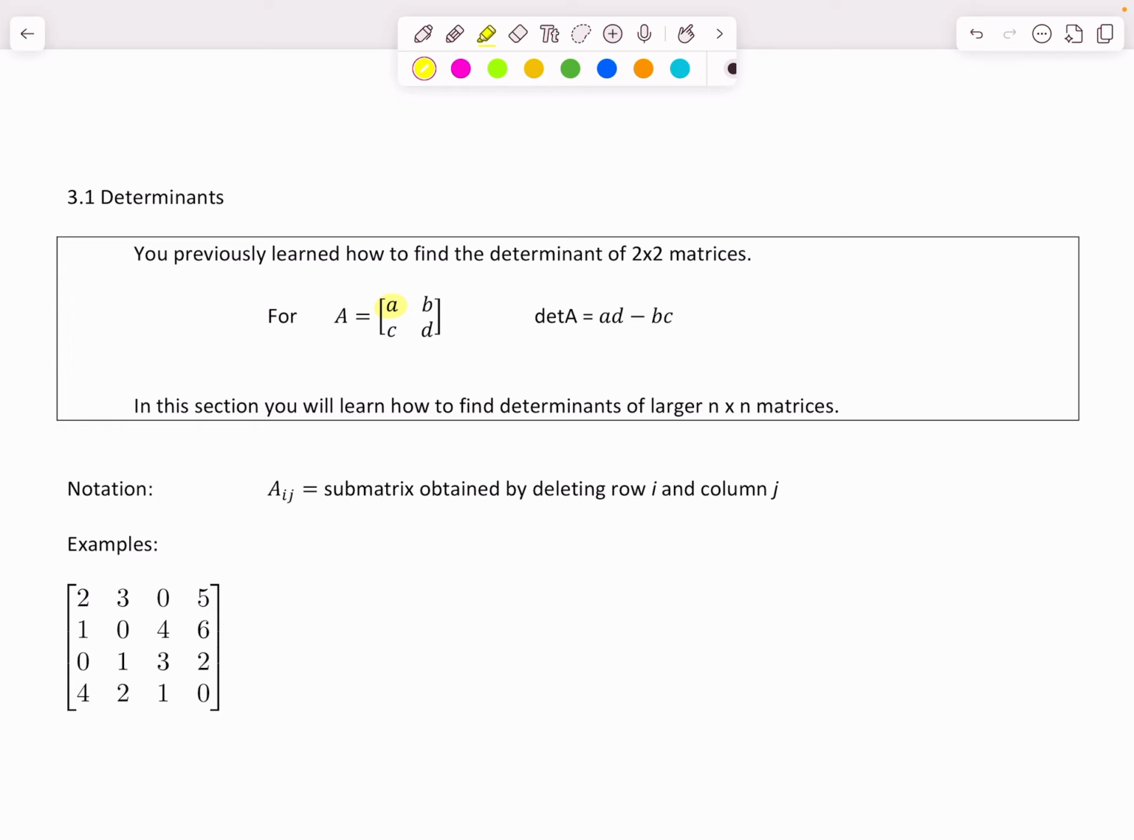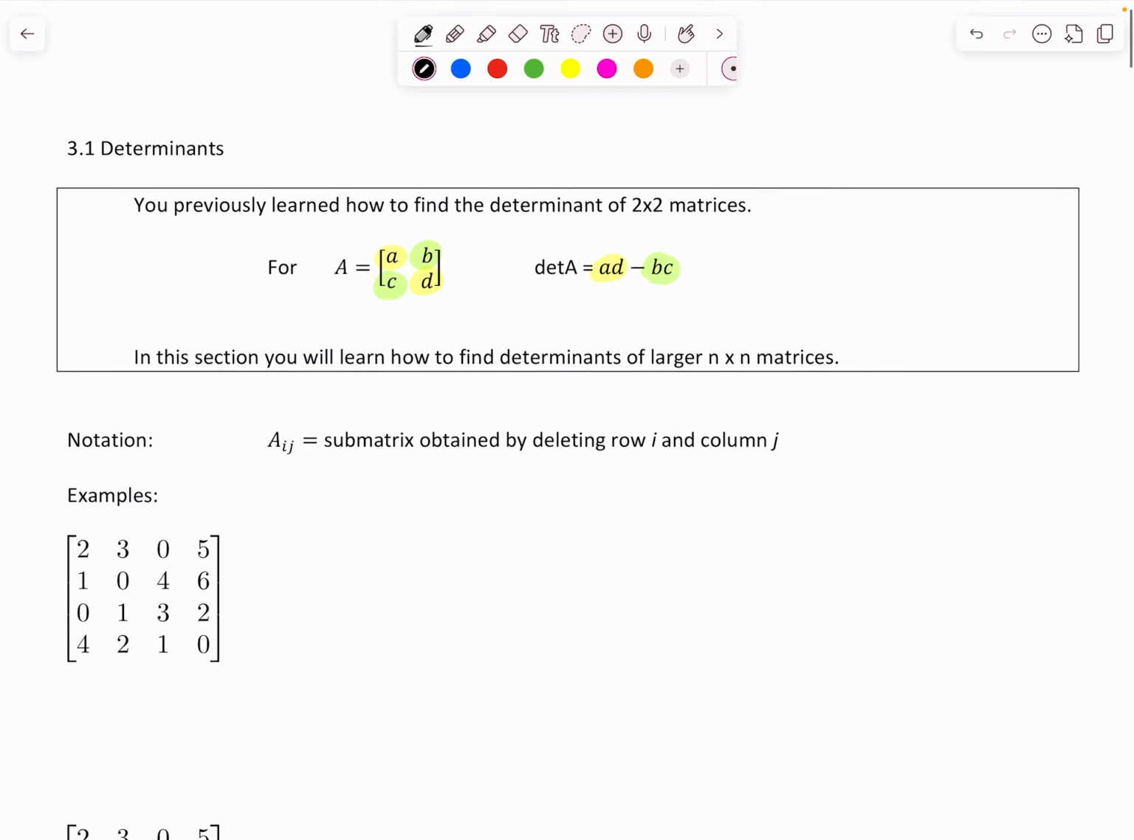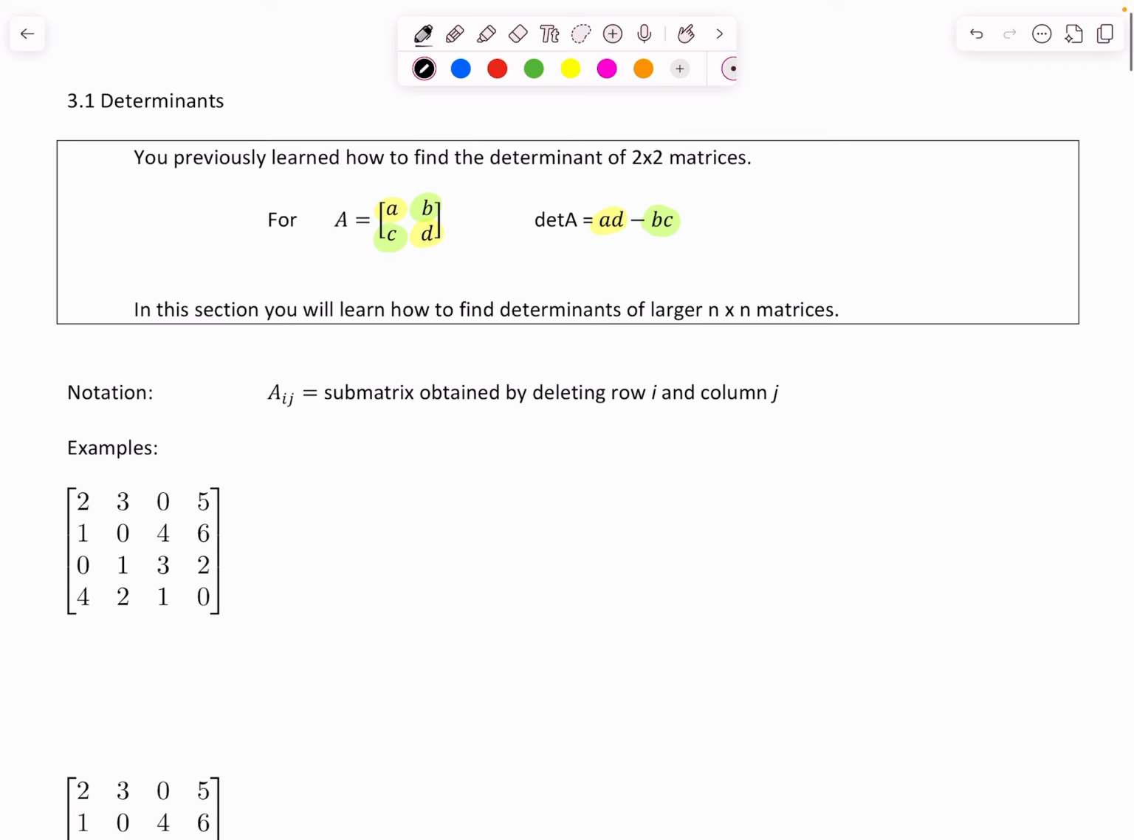this was you multiply A times D, and then you subtract B times C. So in this section, you're going to learn how to find determinants of larger matrices, 3 by 3s, 4 by 4s, etc. So we need to introduce some new notation, and this is for a given matrix A,